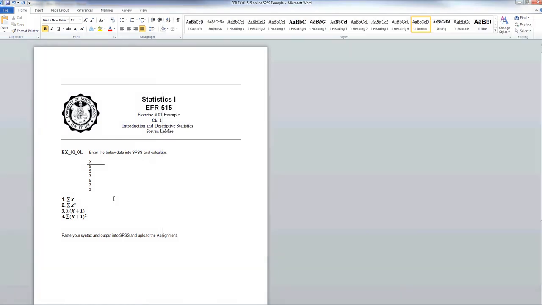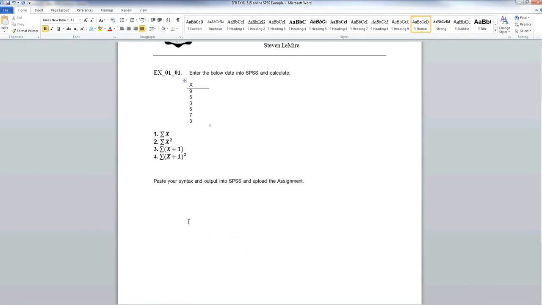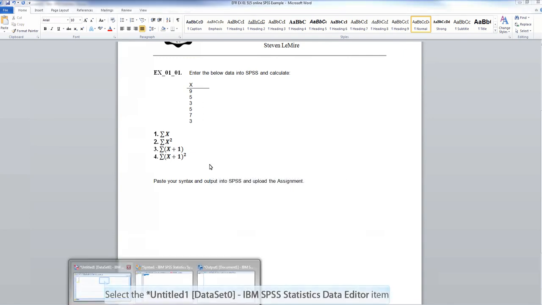As we look at what we're asking for down here in the assignment, we're asking for the sum of X, the sum of X squared, the sum of X plus 1, and the sum of X plus 1 squared. So we need to go ahead and prepare the data set, number 2, number 3, and number 4, before we sum all these variables. So we'll go back to SPSS